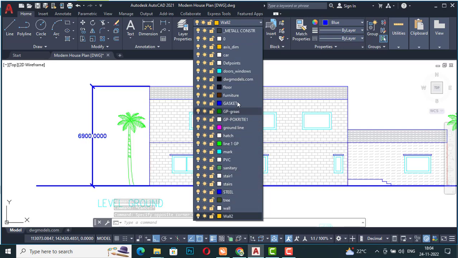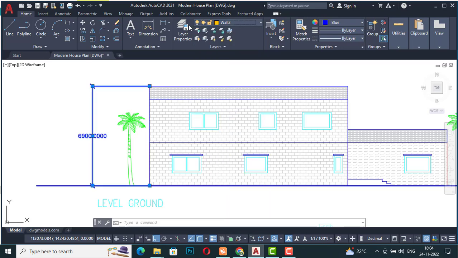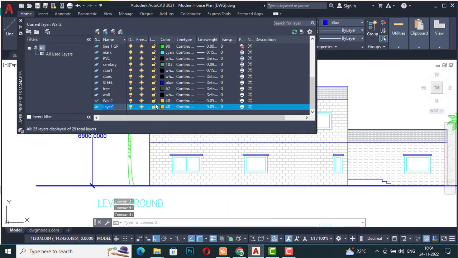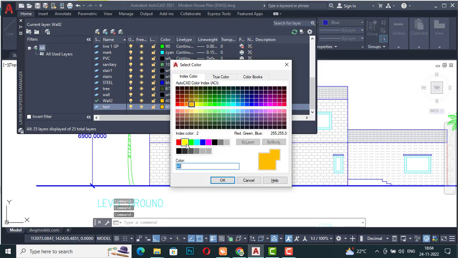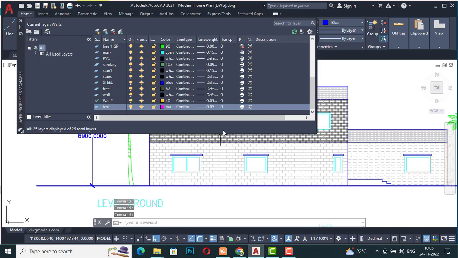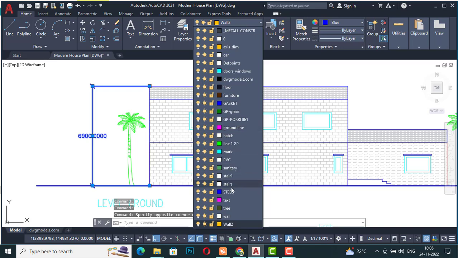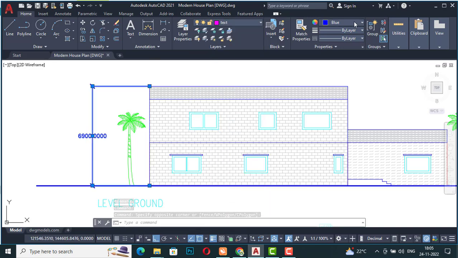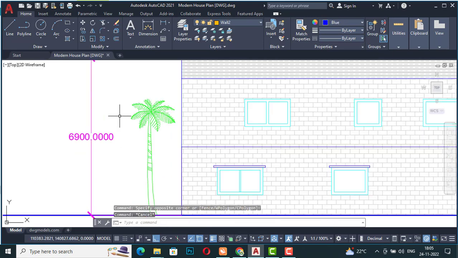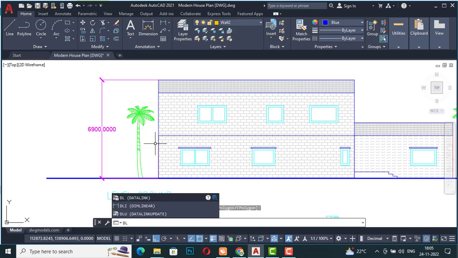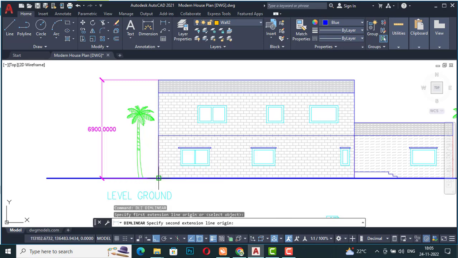So you can make your text layer. I'm going to make a text layer by going to layer properties. I will create a new layer here. I am going to make text layer here, and I'll make a magenta line text here, and now I will change this to text layer here, and we'll go to by layer from this. So this is our overall height of the building, including parapet wall, and now I'm going to take the individual floor height here, which is 3000,